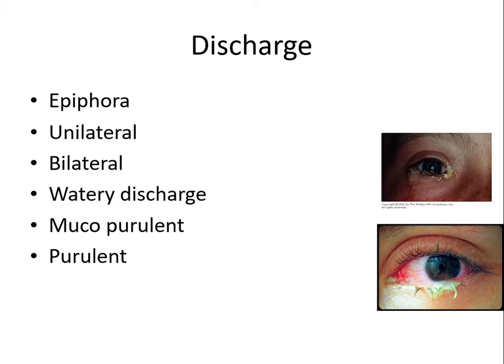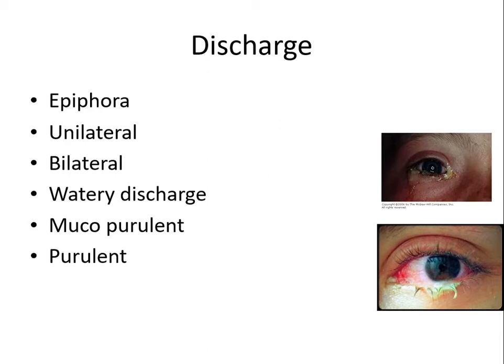Again, you have to ascertain whether it is unilateral or bilateral. Again, as I told you, unilateral lacrimation is because of irritant fallen into that particular eye. Bilateral, always it will be an epidemic conjunctivitis, catarrhal conjunctivitis. Patient will have bilateral redness and patient will have bilateral watering and discharge from the eye.